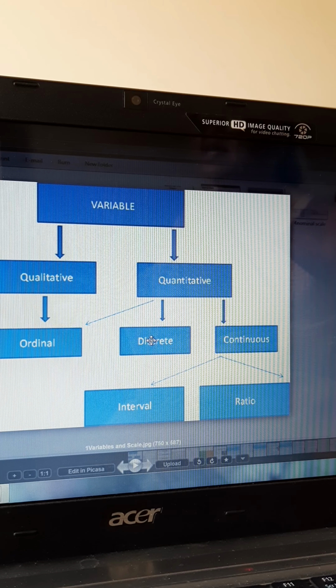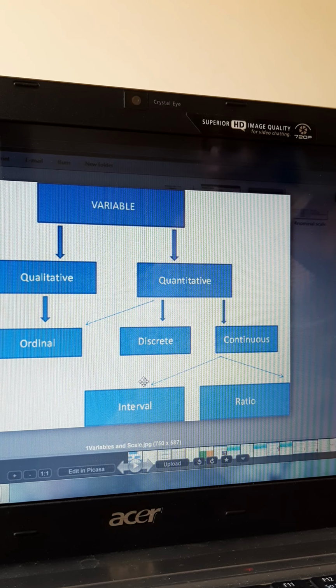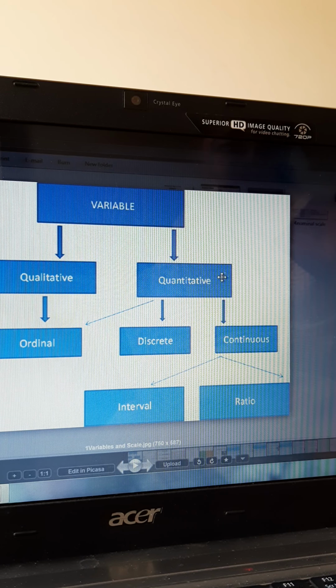How will I do discrete? I'll say 5, 5.1, 5.2, 5.3, 5.4, 6.1. Discrete data, each one will tick. I am 5.4, 5.5. Discrete data. Continuous data is 5 feet to 5.5 feet, 5.6 feet to, like that you can give continuous and then people will tick. Understood this? So this is very important.